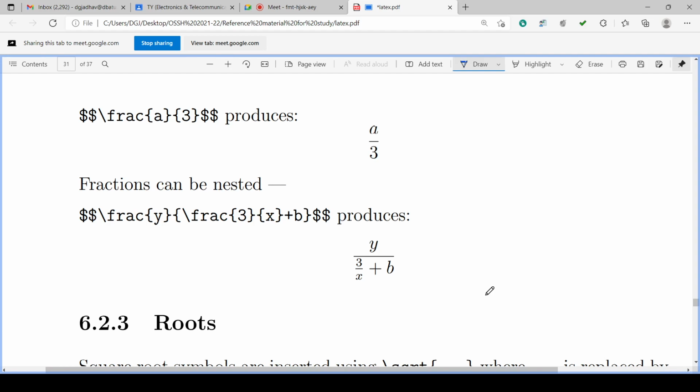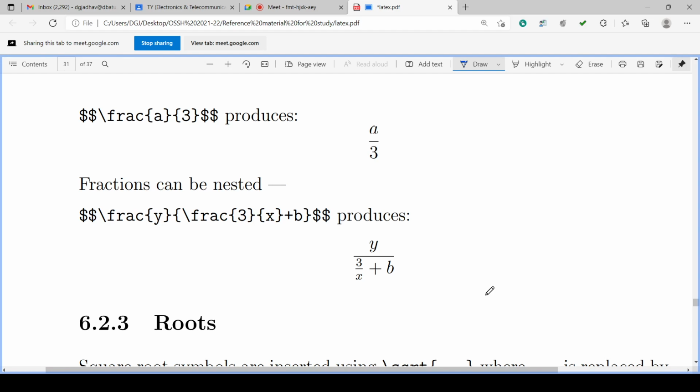Double dollar, \frac{a}{3}, double dollar. Double dollar gives a new line for the equation; the equation is written on its own line.